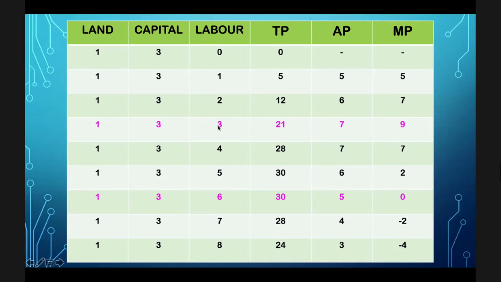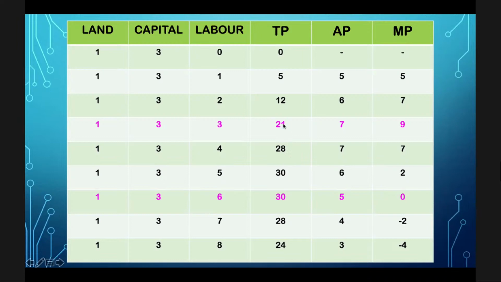So supposing 3 machines required 3 laborers, we have reached a point of 3 laborers. So that is the maximum marginal product we are getting here. After that, marginal product begins to decline. From 9, it became 7, then 0. So when marginal product is declining,